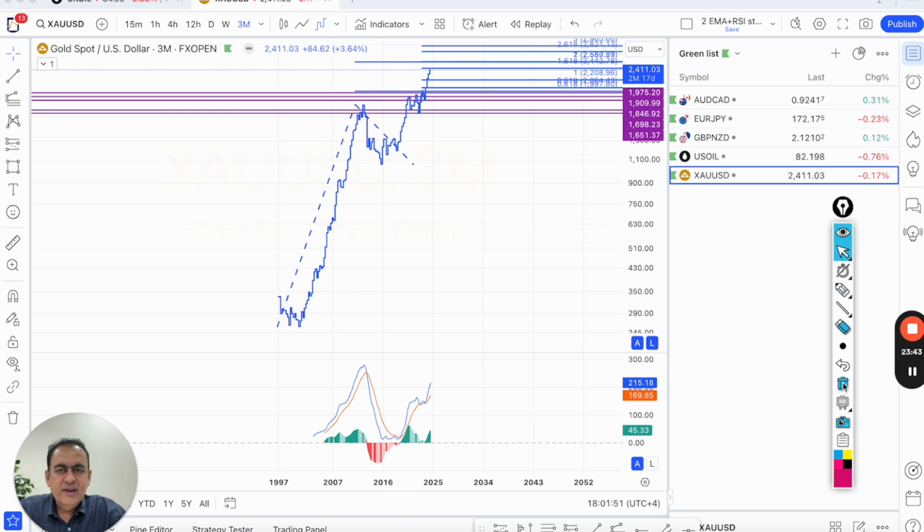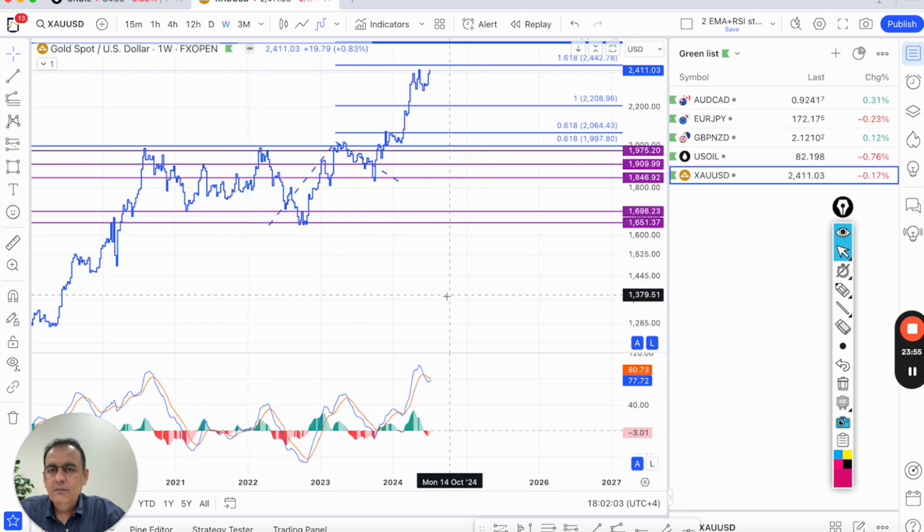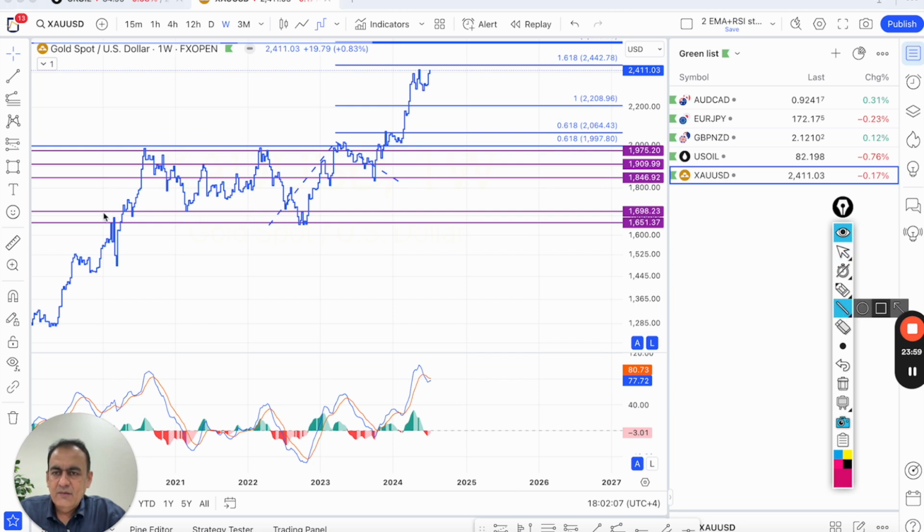And I'm moving now to the weekly chart. So this was just to calculate the bullish target on the basis of longer term bullish cycle. Otherwise, I generally do not check 3 monthly chart. Now I'm starting from weekly here. If you notice on the weekly chart, the horizontal lines which I have taken have perfectly worked as support or resistance from time to time, and this is the extension cycle I'm going to plot Fib